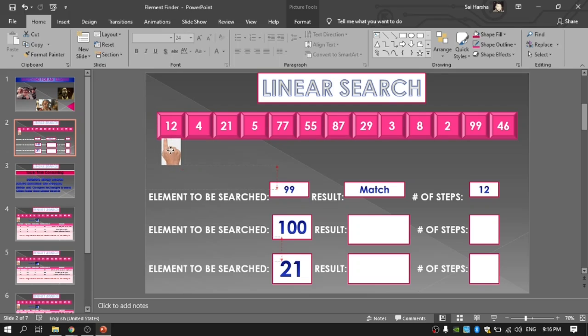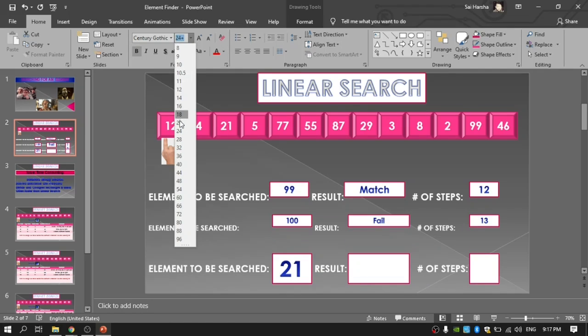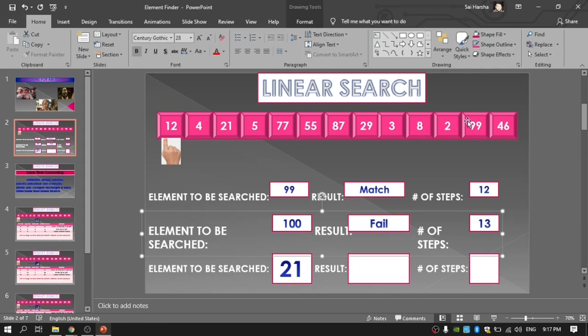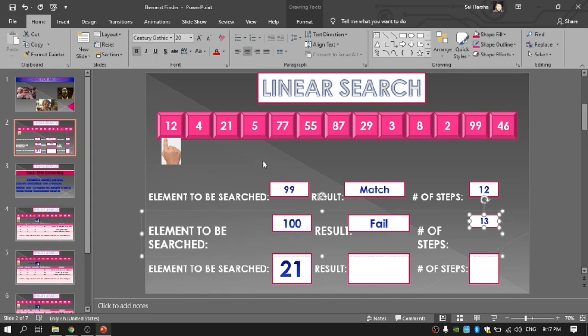So the search has failed, and in total 13 steps are required.